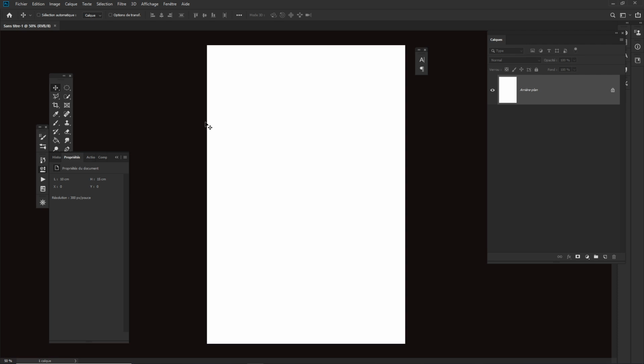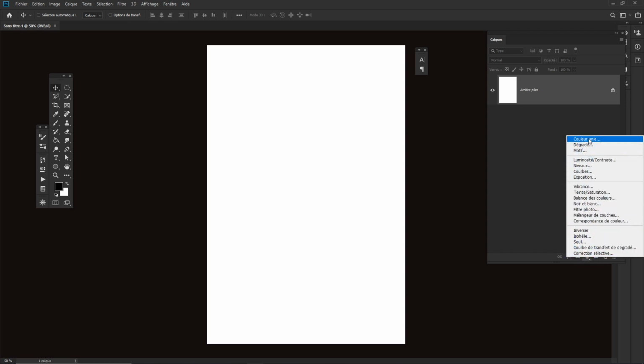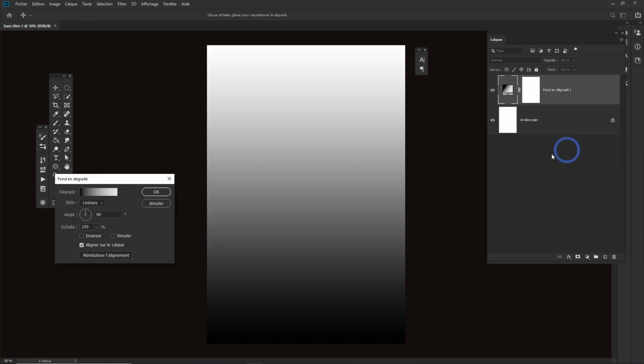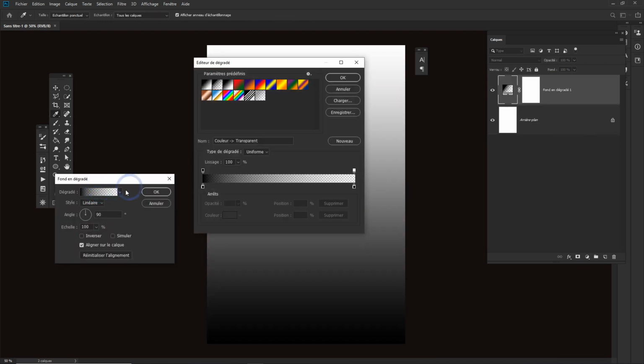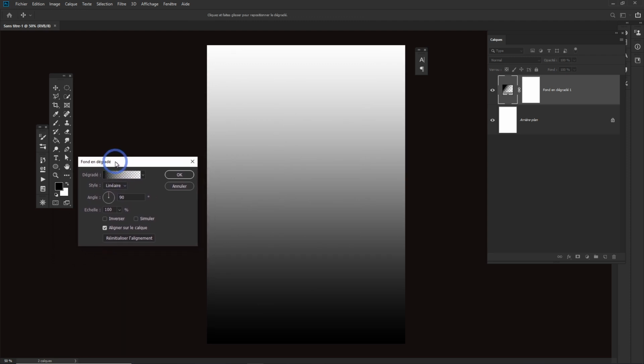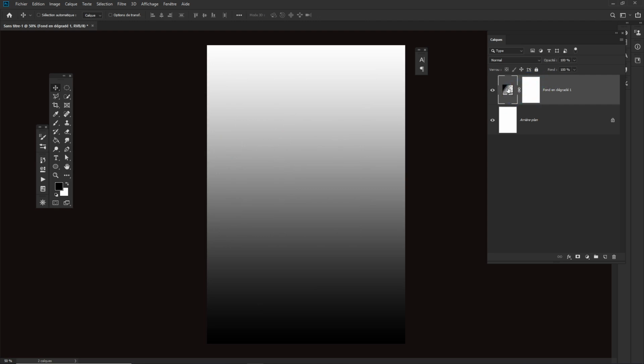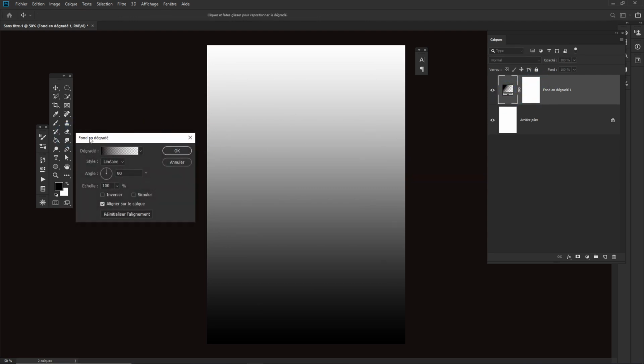So into this element, we'd like to create another kind of style. First, we're going to begin by setting a background in a very smooth gradient. There are a lot of ways to create gradients, but here we're going to create an adjustment layer, not with a solid color, but with a gradient. When you click on this list here, I'm going to click on cancel. That should open a pop-up window. Even if you cancel it, once you double click on this icon here, you're going to have the editor of